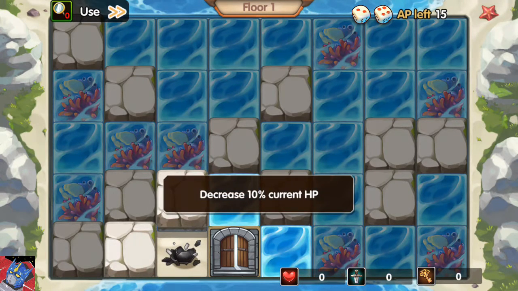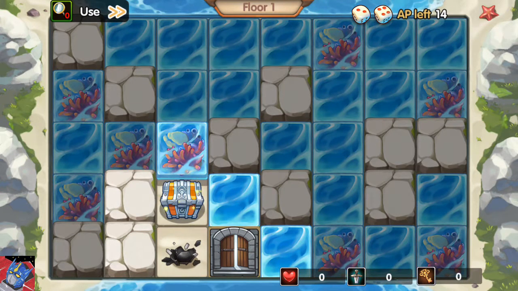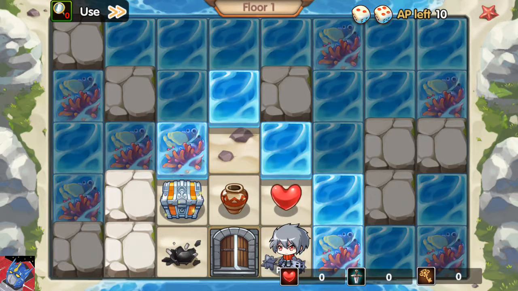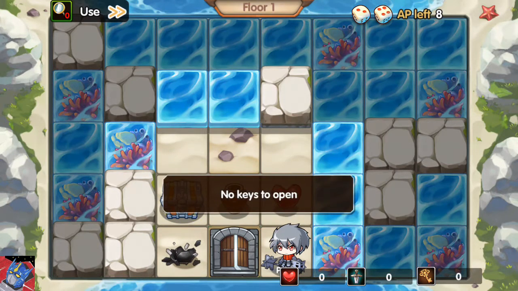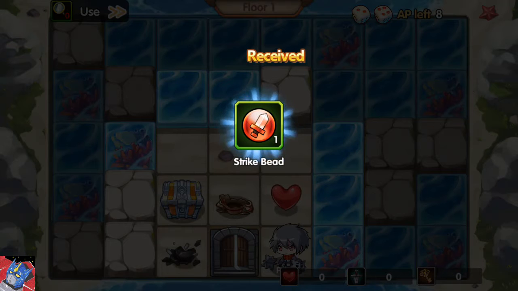I found a bomb right away. Okay. Oh, hey, I found a chest. I found a pot. I found a heart. I found pupa. I'm just kind of going around a little bit and seeing what I can find. Each map is randomly generated. To open up a chest, however, I need to find a key. It's sitting around random like everything else, so I'm going to click on the pot, and I get a strike